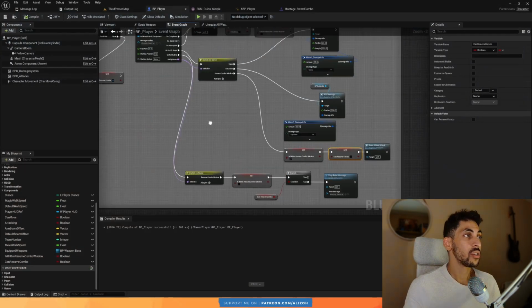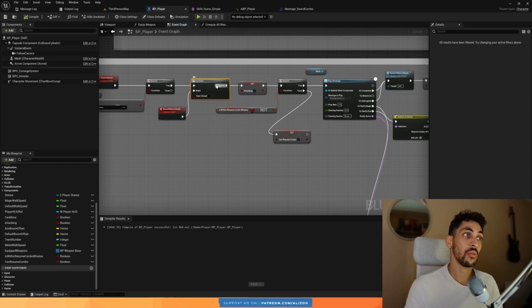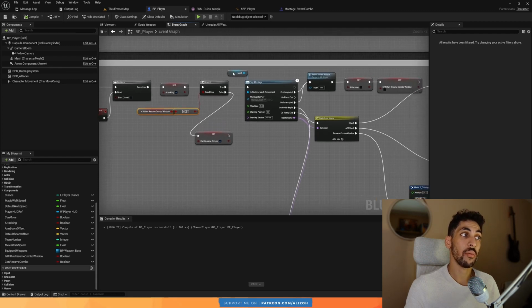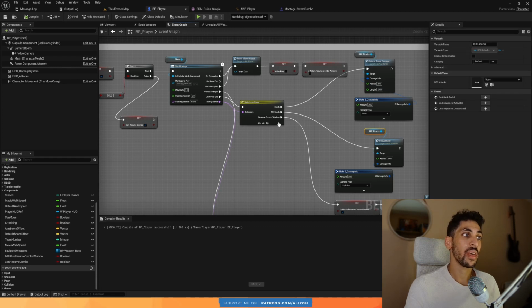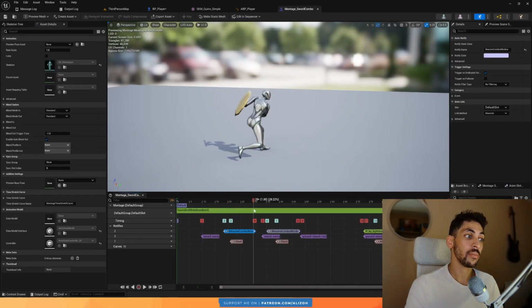Perfect. So just a quick recap. We start the melee attack. We do a do once so that we can't spam it. And we check if we are not within combo window. That means it's our first combo attack. So just play the full combo montage. And then on slash, do a slash. On AoE slash, do an AoE slash. And on resume combo window, which is this window here, we're going to set a variable to true, which is